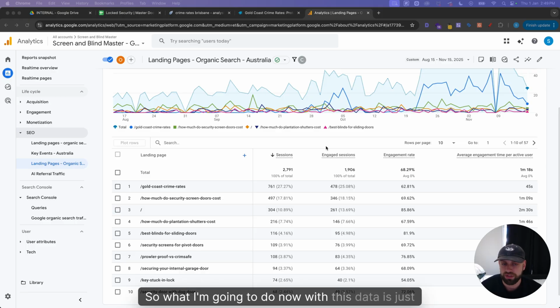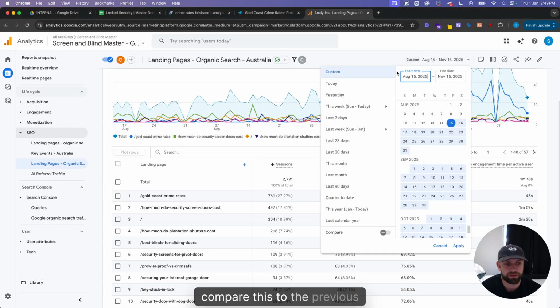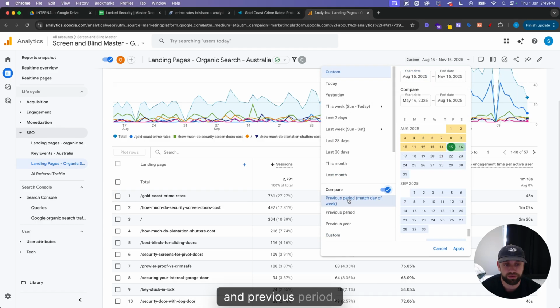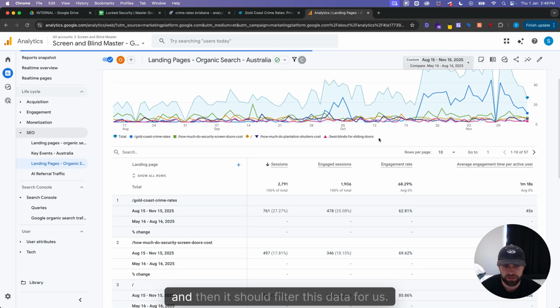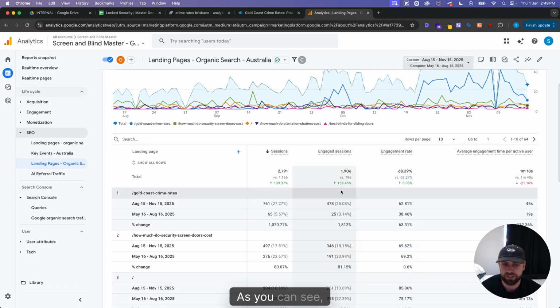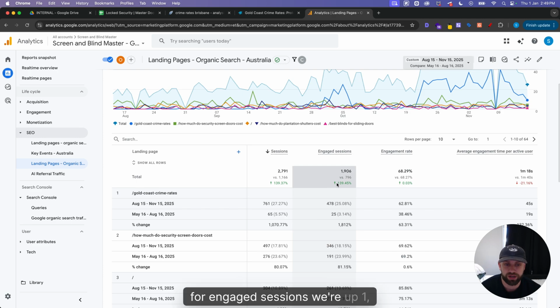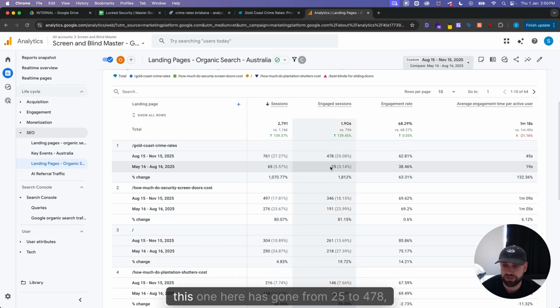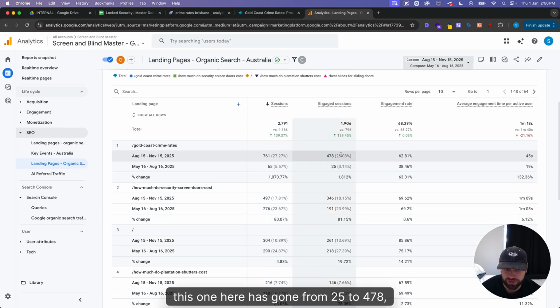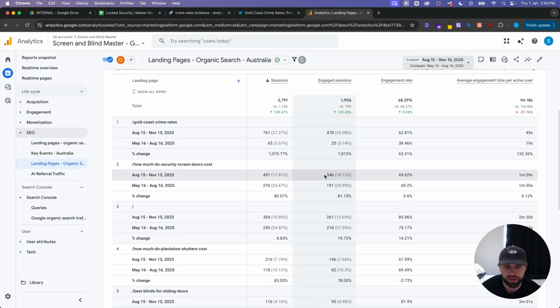So what I'm going to do now with this data is just compare this to the previous 3-month period. So I click on compare and previous period. So it's going to be 3 months. And then it should filter this data for us. As you can see, for engaged sessions, we're up 139%. And if you look at all of the articles, this one here is going from 25 to 478, 191,